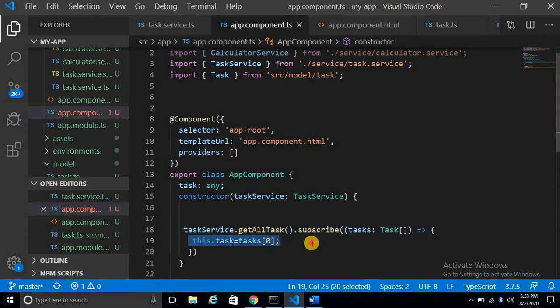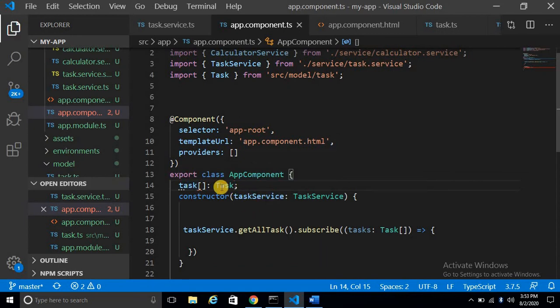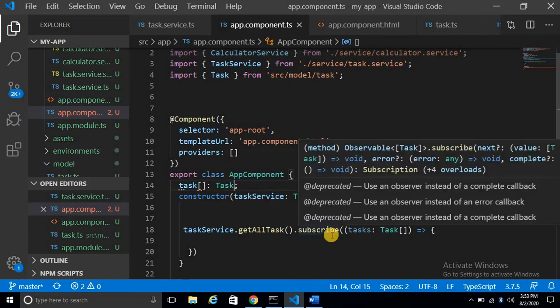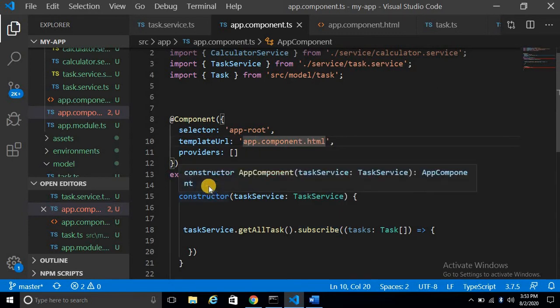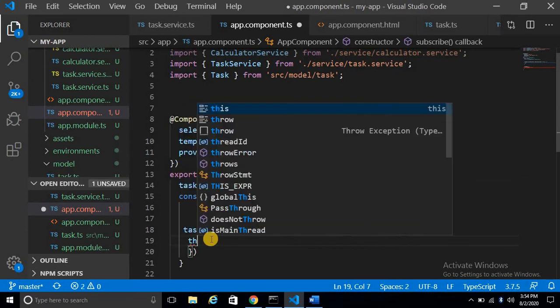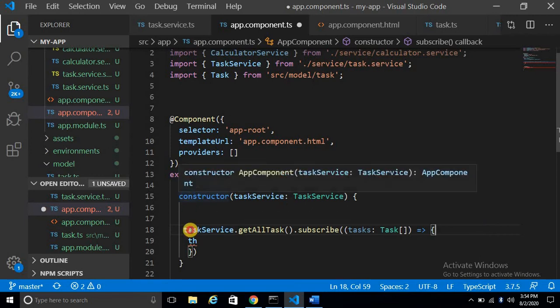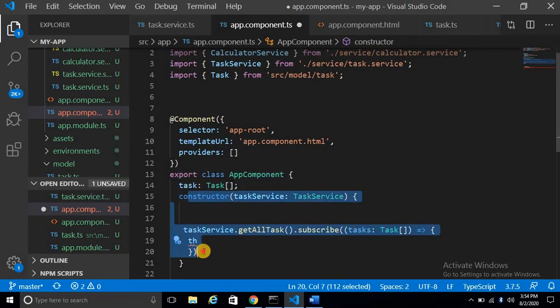Previously we used the console here. So now I will declare a task array, an array of type task, and I will initialize it. I could initialize it in the constructor, but I do not want to initialize it in the constructor. What I will do is